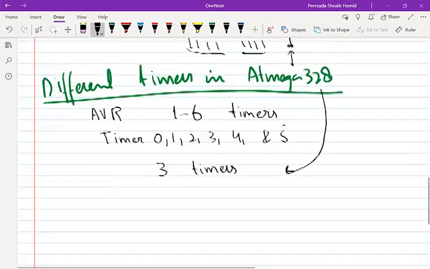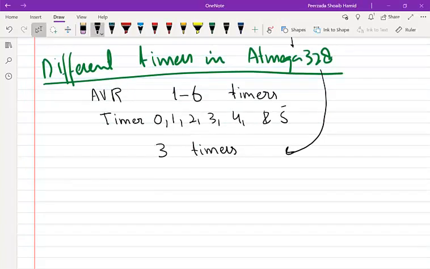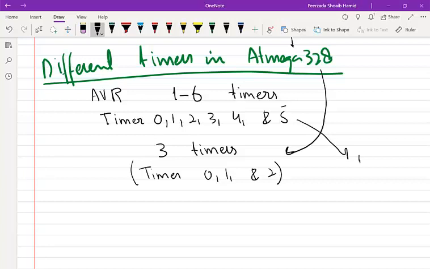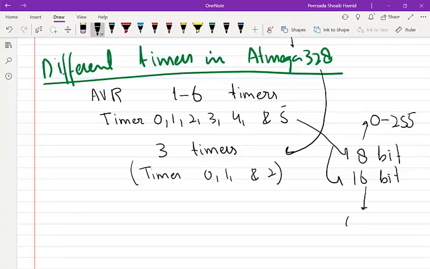We call them timer 0, 1 and 2. Most of these timers in the Atmega 328 microcontroller are 8-bit, but some are 16-bit also. 8-bit timers can count from 0 to 255, but 16-bit timers can count from 0 to 2 raised power